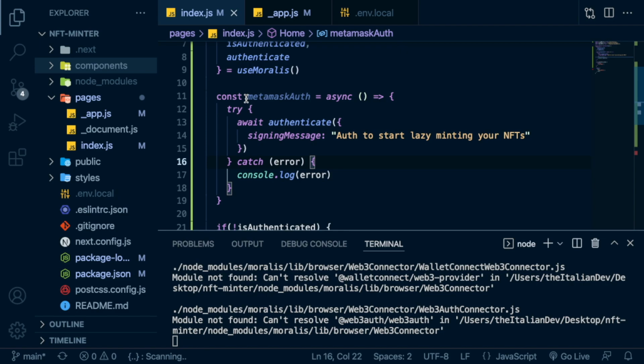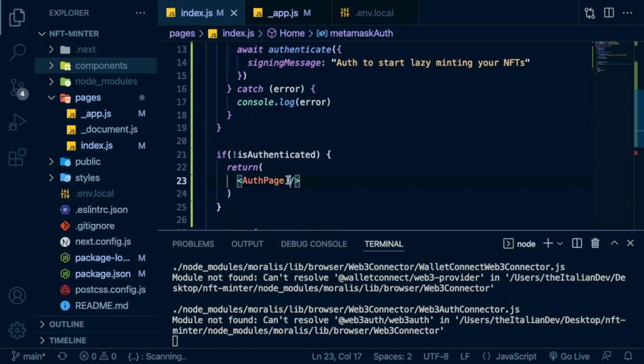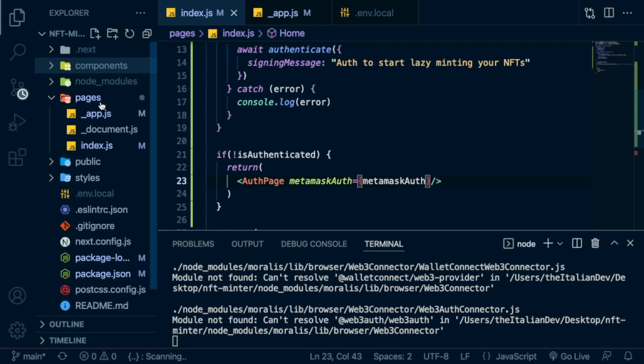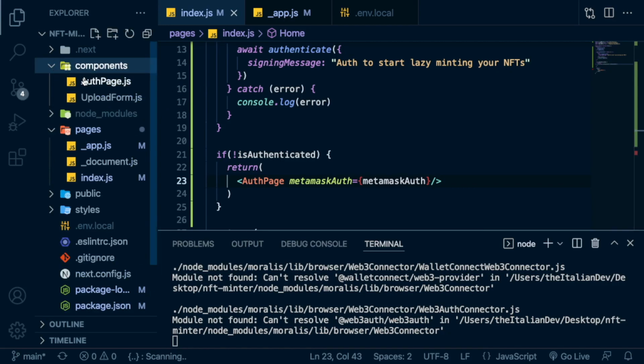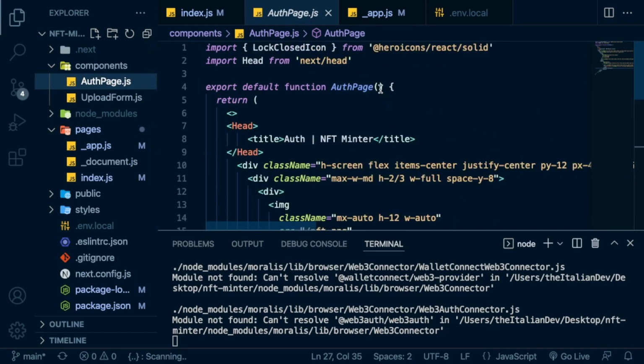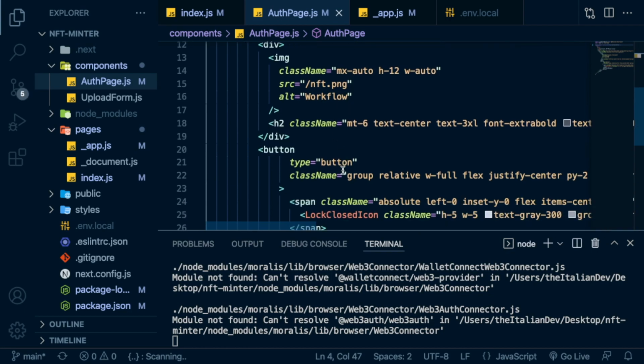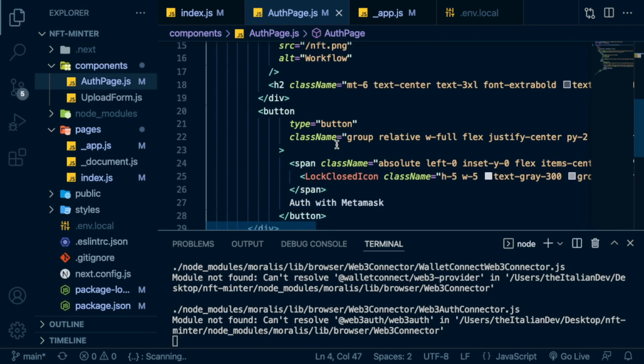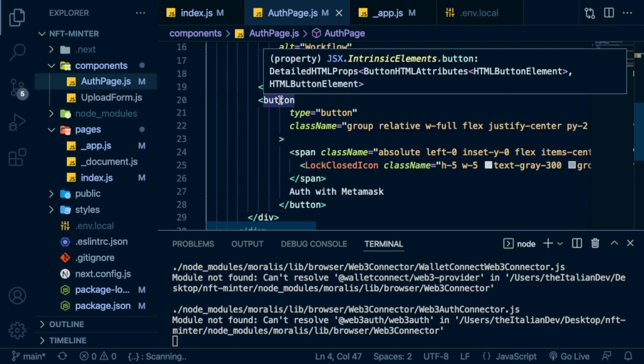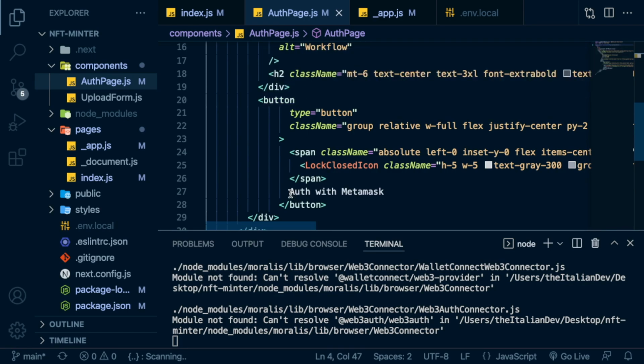So now we can pass this custom method we have created inside the auth page component that will receive it as prop, and navigate inside the auth page.js component, destructure from the props the method we have just passed, and navigate down till we reach the button HTML tag saying auth with Metamask,